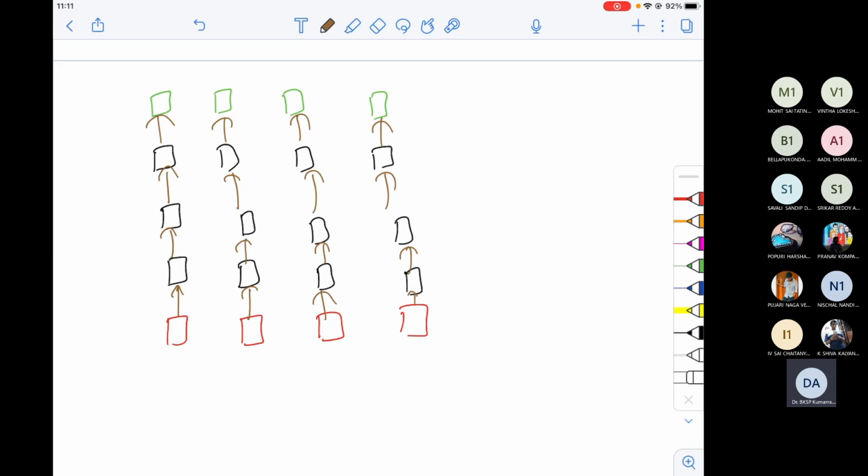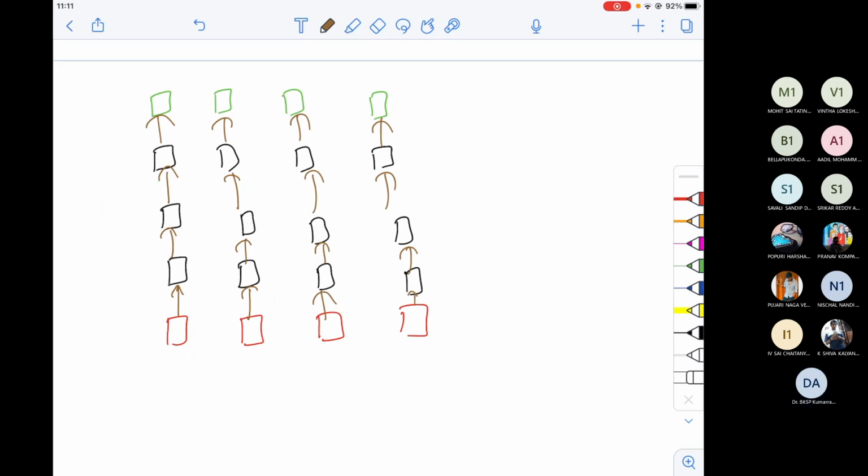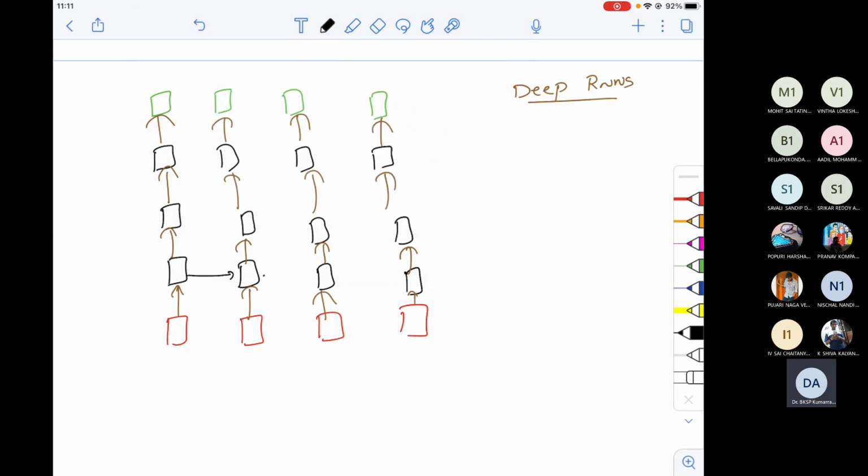So this is independent. If you see, this is one deep neural network. This is another deep neural network. This is another deep neural network. But if I want to build a deep RNN, there should be connections between one deep neural network and the other. The connections you already know. So I'll just connect like this, like this, like this, because every hidden state output is given as input to the next hidden state. So this is actually a deep neural network in the context of RNNs.